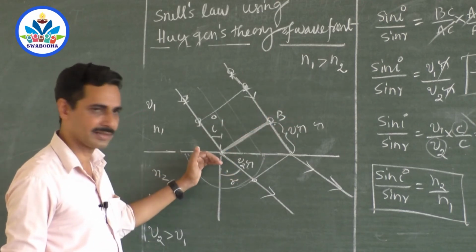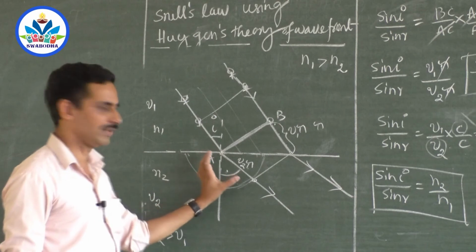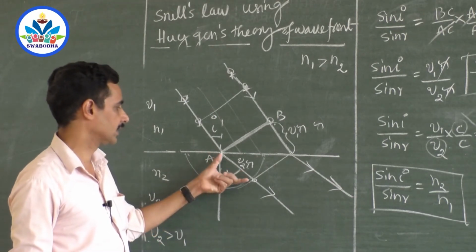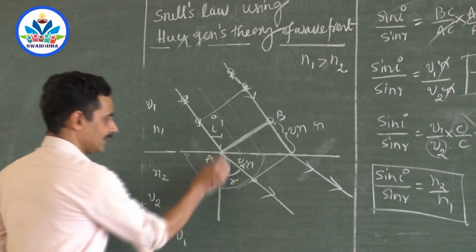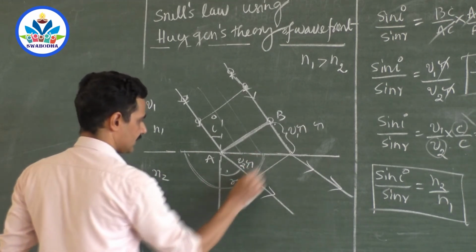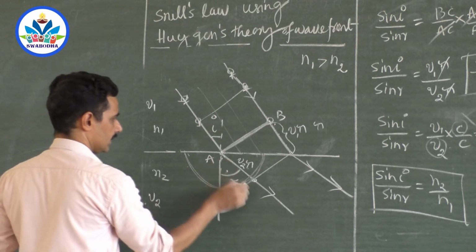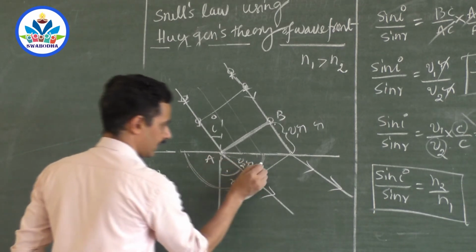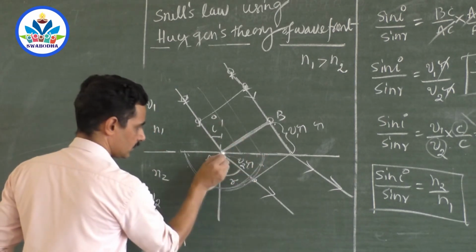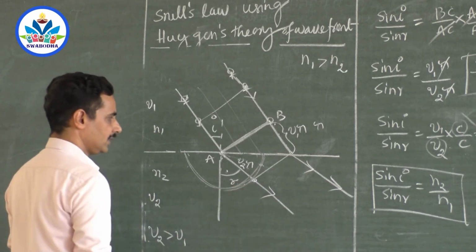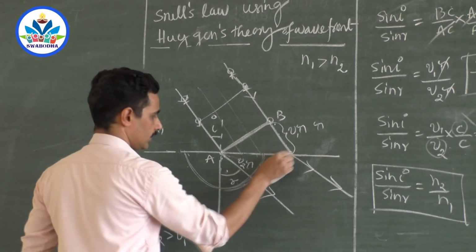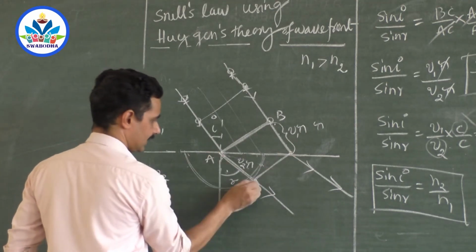As soon as this enters the rarer medium, it gets a chance of traveling faster, so it can travel a larger distance, and such a larger distance can be covered with this circle. But we don't know whether it moves here or here or here or here. We don't know whether it has moved like this and reached here, same distance V2 tau, same distance. In order to find it out, from here you draw a tangent here, then you will find that it is